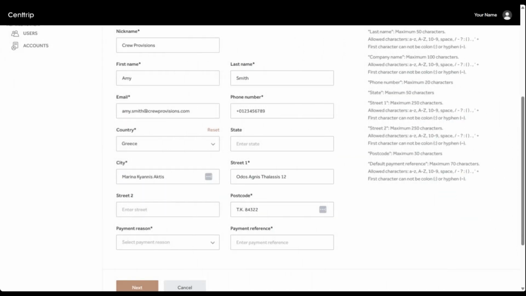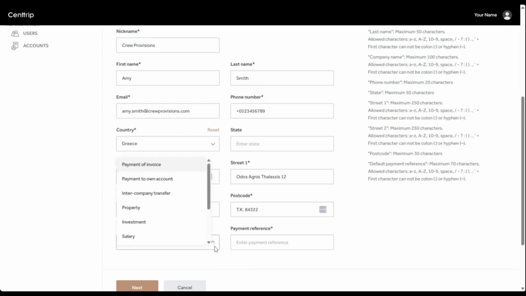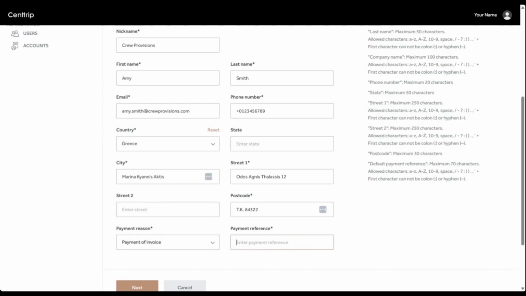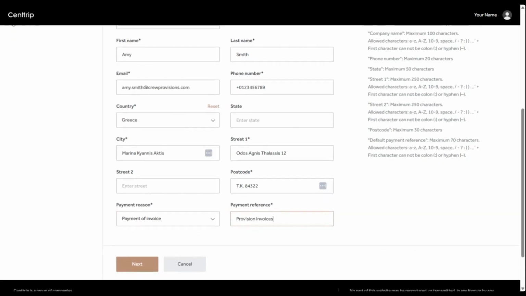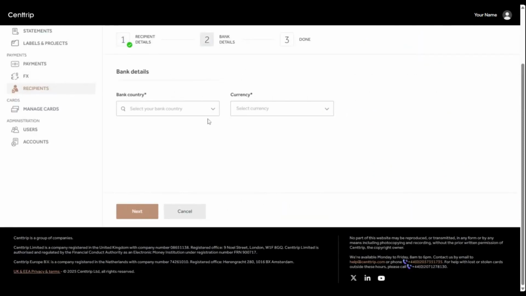Once that's done, select a payment reason from the drop-down and enter a default payment reference. You can still add a different reference when making a payment. To continue, click Next. Now choose the recipient's bank country